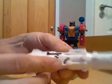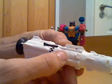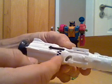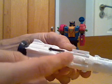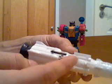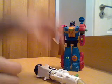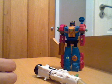You can open the top of the missile, and on this side is the section with the technical readout of the helicopter mode of Rotor Storm, I believe it is, and you can flip that down. Now if you get another one of the Stalker figures, and I've got another one here to hand,